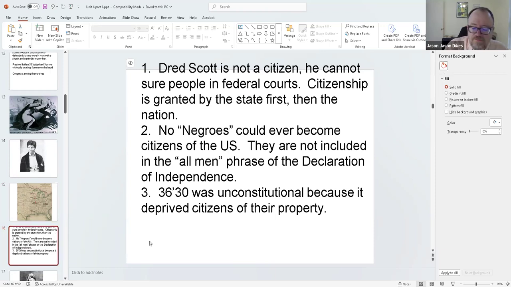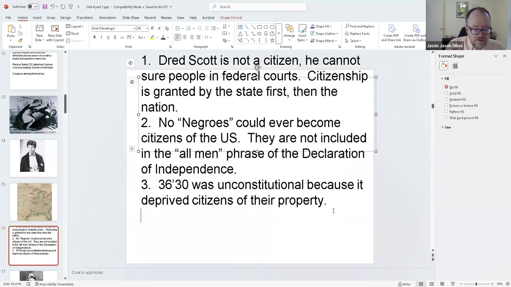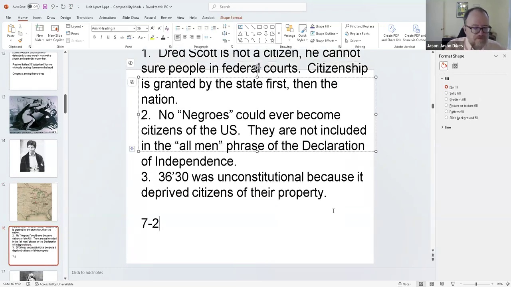If you're wondering what the score was, court score was 7-2. The 7, believe it or not, all came from slave states. The 2, believe it or not, came from free states. I know the Supreme Court isn't supposed to let their personal biases come through, but